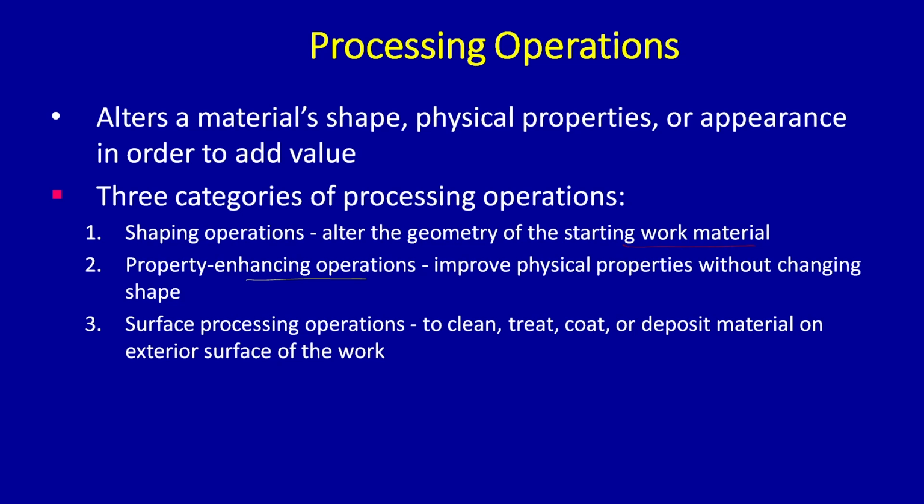So processing operations, as I discussed again and again, because this is something which you must know very well. There are three categories of processing operations. First is the shaping operation, altering the geometry of the starting workpiece of material. That is casting, deformation processing, powder metallurgy. Second is the property enhancing operations, which is routinely used in material science, that is heat treatment. We can improve the material's physical or sometimes many functional properties without changing the dimensions or the shape